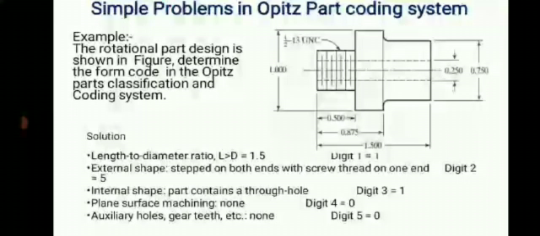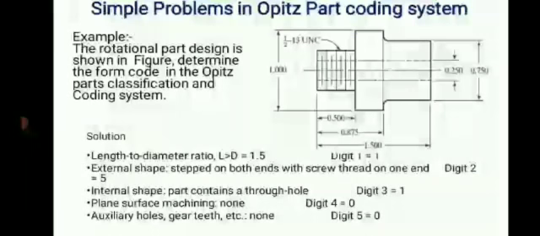As we are seeing the product, we should know some criteria and some factors in the diagram itself. Based on the operations, we have to make an Optis code for this product. Okay. See the problem. Okay. This is the solution for this problem.